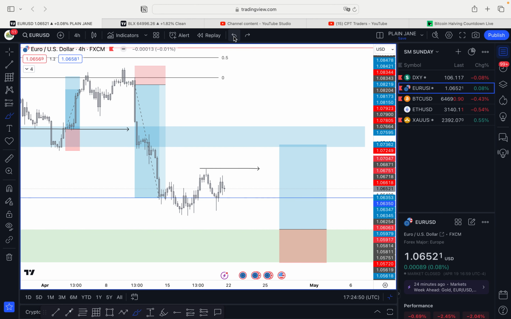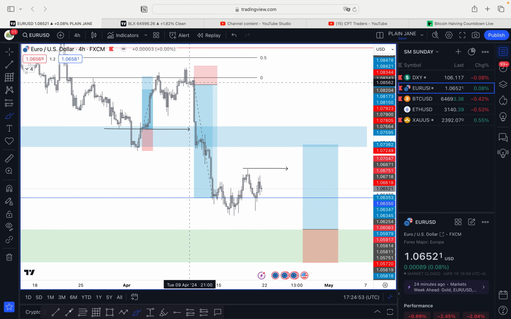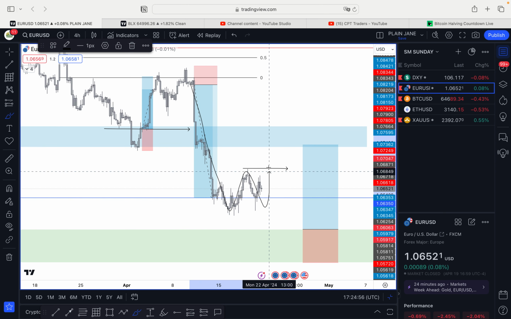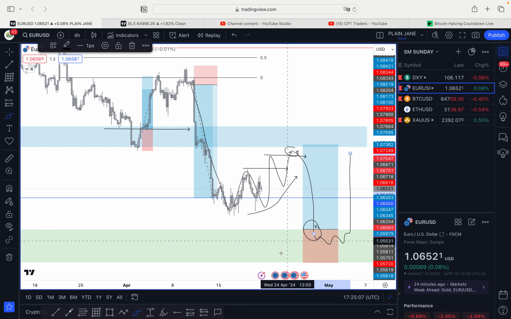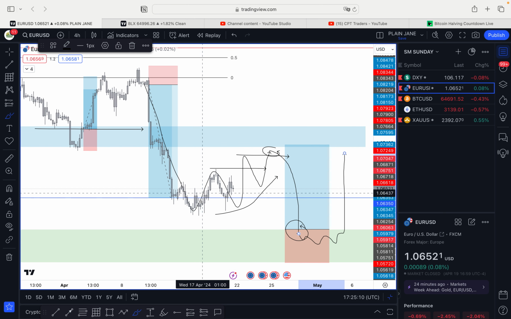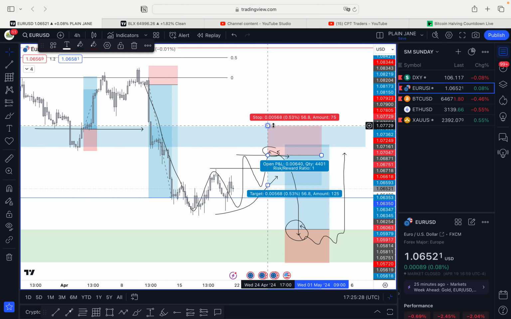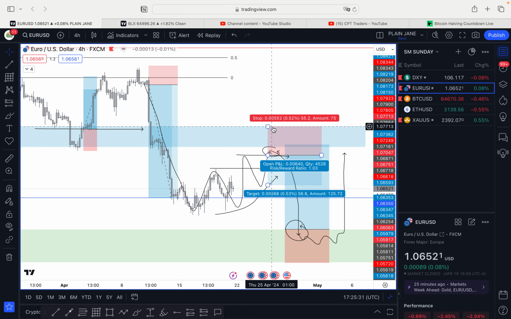For now, I want to look for shorts in terms of EU, because what we've basically seen is an impulse, and this is a correction. So I'm anticipating some sort of manipulative move here, after this pullback is finished, to make that final extended push to where we'll start looking for longs again, to align with the DXY analysis. For now, I'm waiting for this correction to complete, coming into Monday or Tuesday. Likely we make a Monday high, come into Tuesday, wick out that Monday high, and then make a reversal. That'll be a very high probability short, and something I will look for to target, with my invalidation above